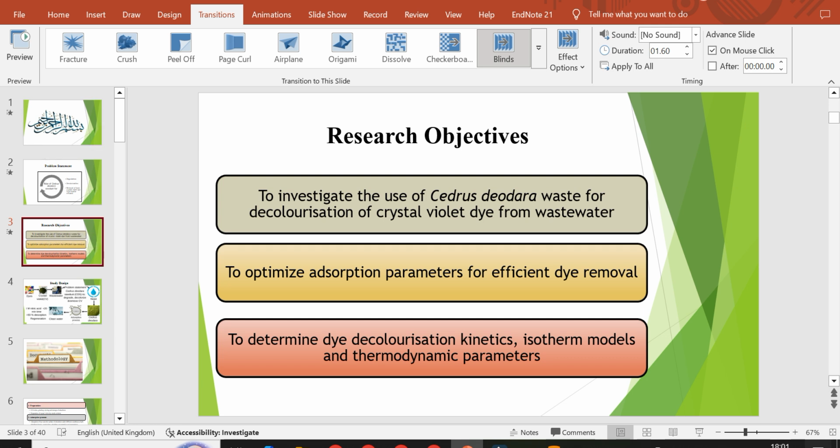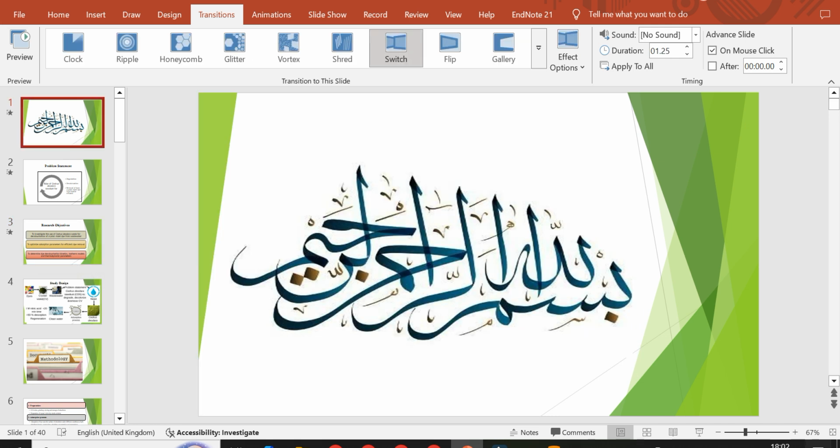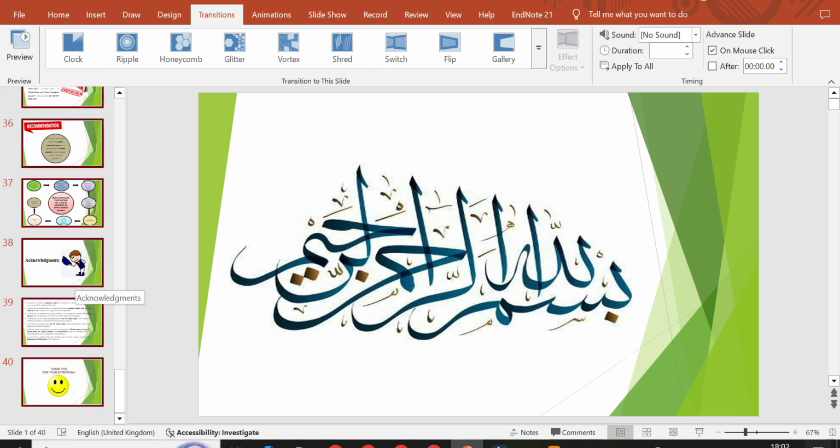So if you have added transitions to all slides and you want to remove them, and you want to make your slides simple, then you don't need to remove the transition by clicking on every single slide. You can rather remove them in a single step by clicking on any of the slides from here, and then press Ctrl A. All slides will be selected, and then you click on transition, and here you can see